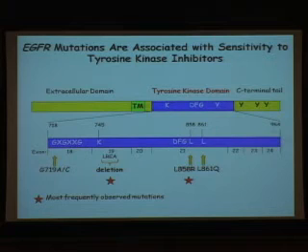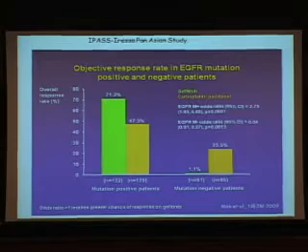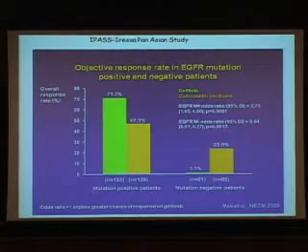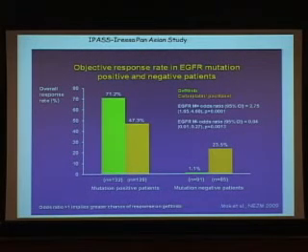And these mutations are associated with sensitivity to tyrosine kinase inhibitors like gefitinib and erlotinib. And so here is just to show you the clinical data, and show you how significant the responses are. If you look in EGF receptor mutation positive lung adenocarcinomas, lung tumors, you see about a 70% response rate upon treatment with gefitinib, versus about a 47% response rate upon treatment with